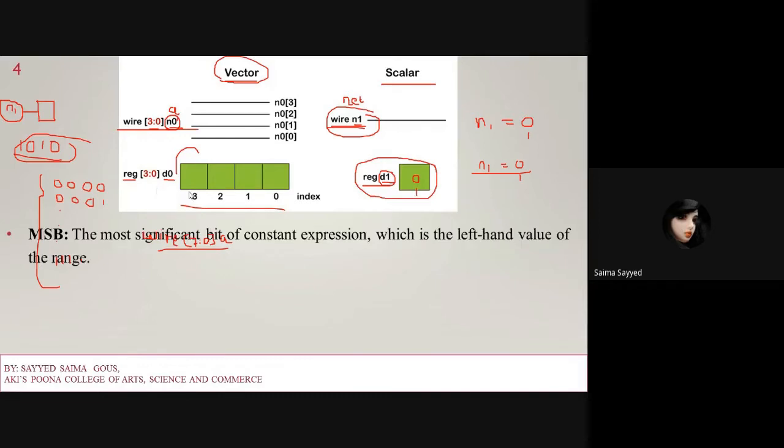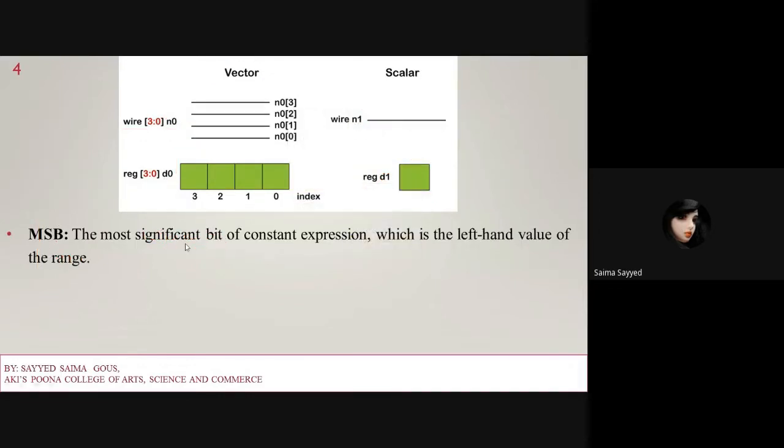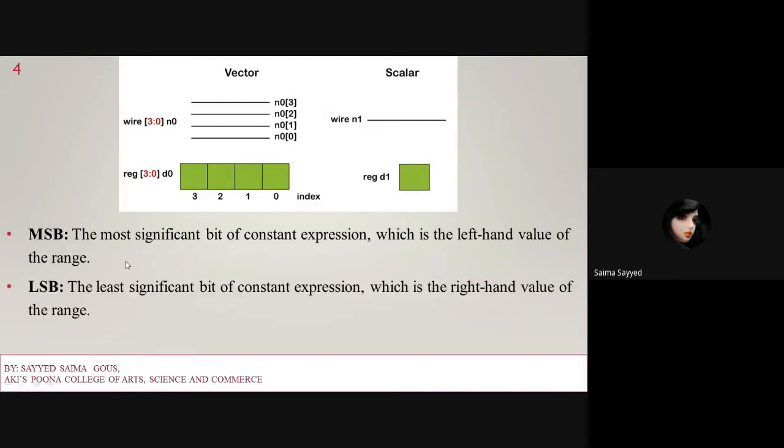Here MSB is the most significant bit of the constant expression, which is the left hand side value of the range. The left hand side is called MSB, most significant bit, and the right hand side is called LSB, least significant bit. So whatever the least number is there, 0, and up to how many bits you want, you have to define in such a manner.